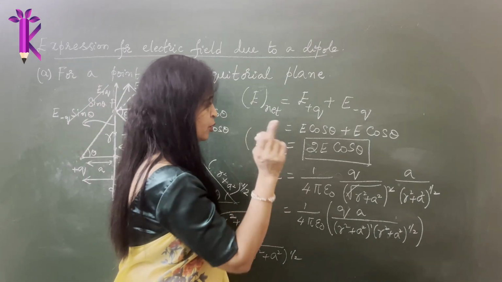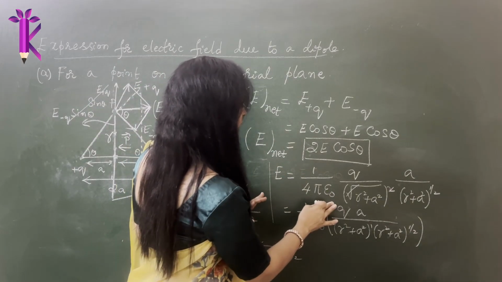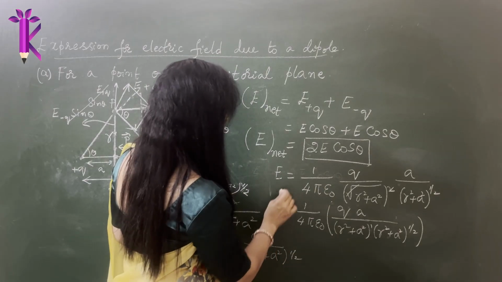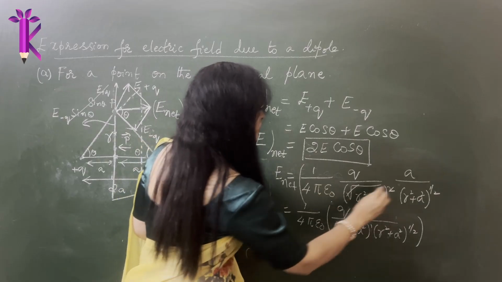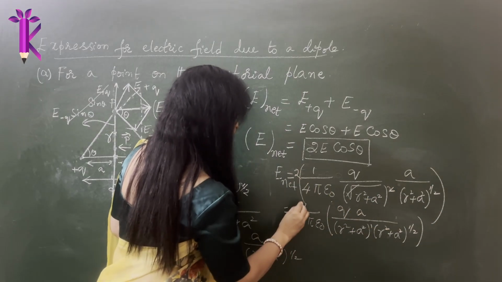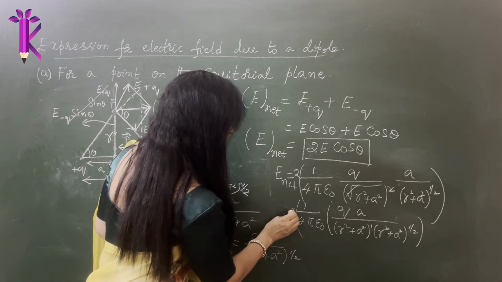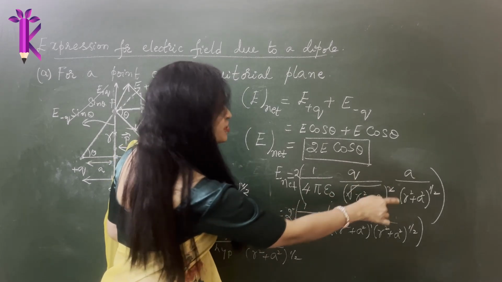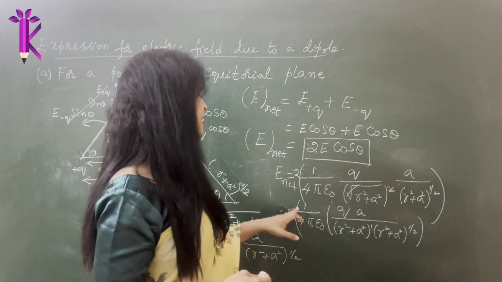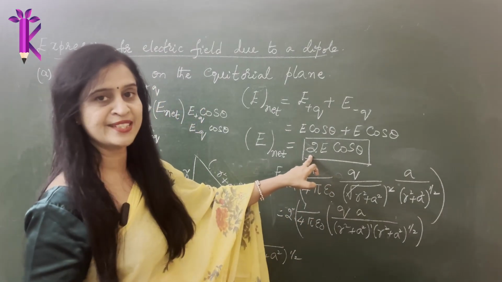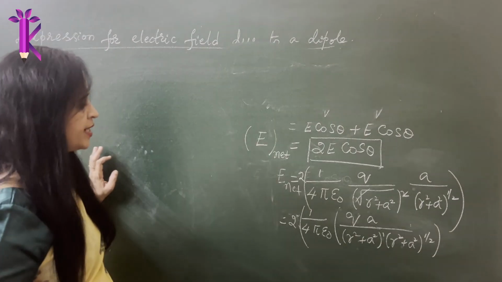Okay, well, there is one more thing we left. Remember, we are only calculating E, right? If you are calculating E net, since I have substituted even cos theta, you have to write 2 also. So this whole thing is multiplied with 2. So remember that, because we have 2 here. Initially, I only wanted to calculate the electric field, but I also substituted the value of cos theta. I forgot we were only writing the expression for E. If you are writing for E net, you should also take into account 2 and then arrive at the final expression. Well, I hope you were able to arrive at it.